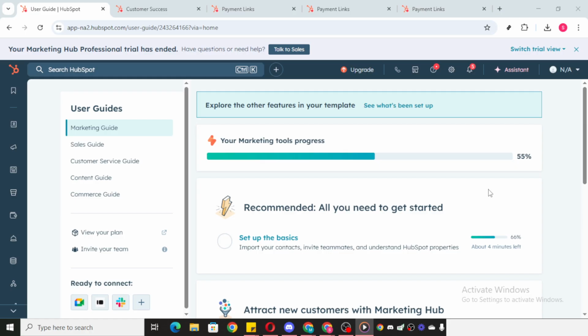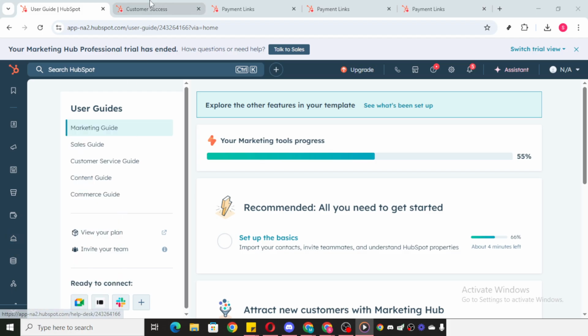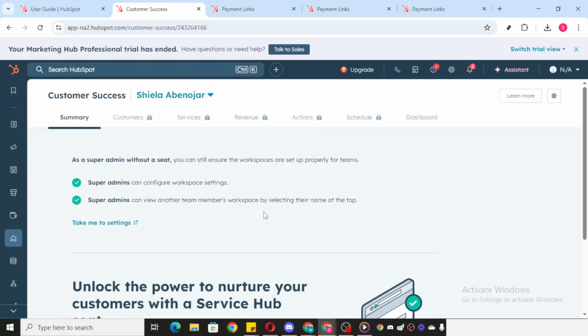Next, you'll want to go over to your homepage. Once you're there, look for the Service option. Click on that and then select Customer Success. This is a crucial step because customer success is where all the magic happens in managing and enhancing the experiences